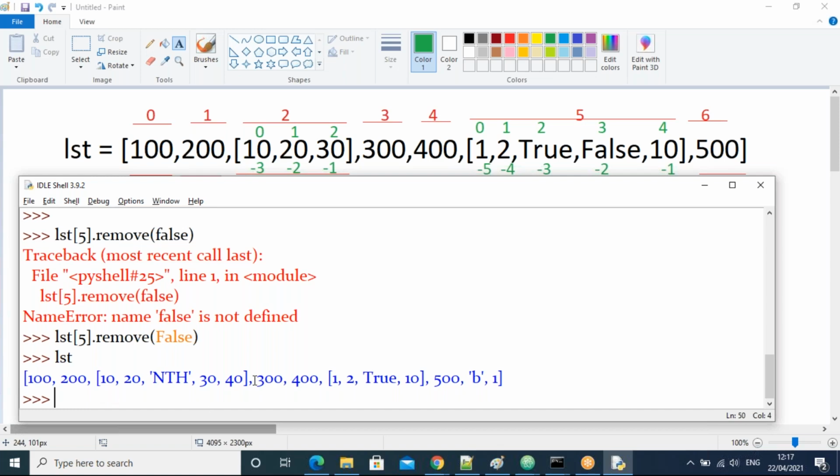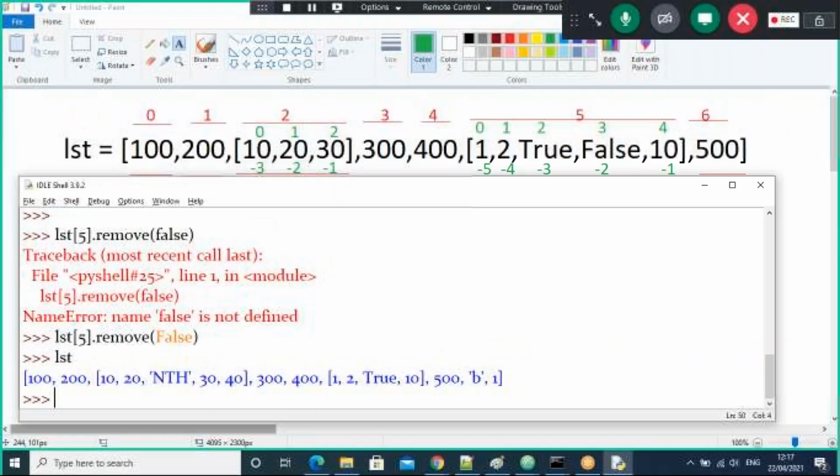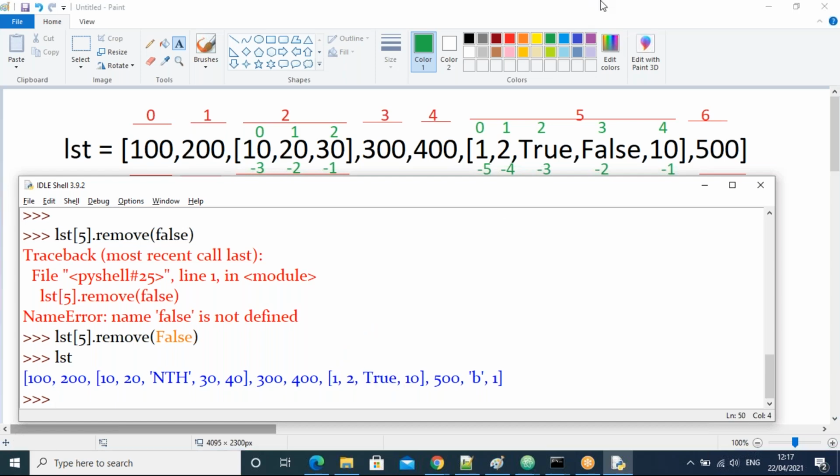Okay, that's fine. Now, let me know how to remove, how to clear all the data from the sublist, guys. I want to clear all the data from the sublist. I want to remove all the data from the sublist, guys. How is it possible? From the sublist, I want to remove all the data. Finally, I want only an empty list like this, guys. Then how, guys? How is it possible? All of you.